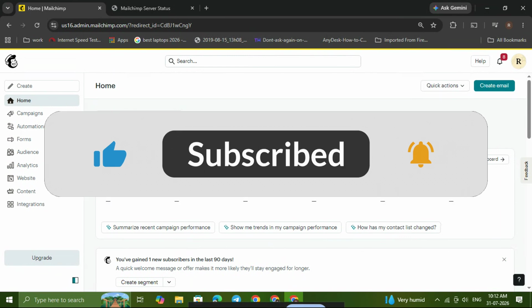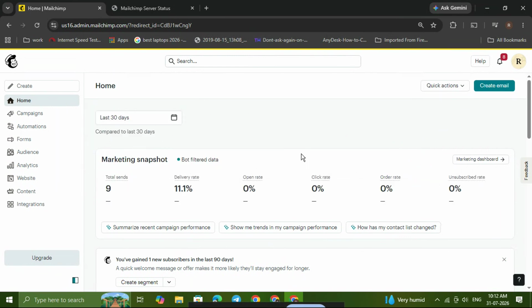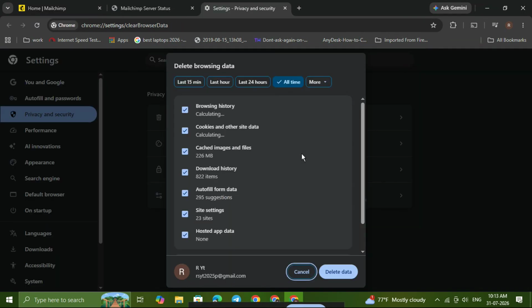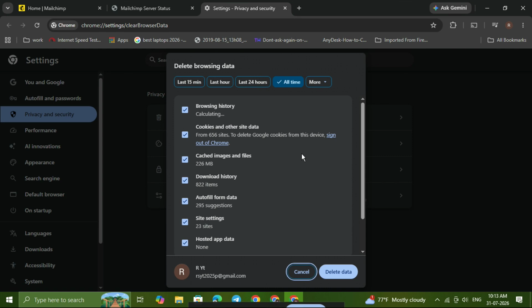The first thing you want to do is clear your browser cache and cookies. A lot of times, Error 500 issues happen because the browser is holding on to old or corrupted session data. To do this quickly on most browsers, press Ctrl, Shift, and Delete on your keyboard at the same time. That opens the Clear Browsing Data menu. From there, make sure you select Cookies and Cached Files or Cache. You do not need to clear everything if you don't want to. Just uncheck the other options so you only remove cookies and cache. Then click Delete Data. Once that finishes, close your browser completely and open Mailchimp again to see if the error